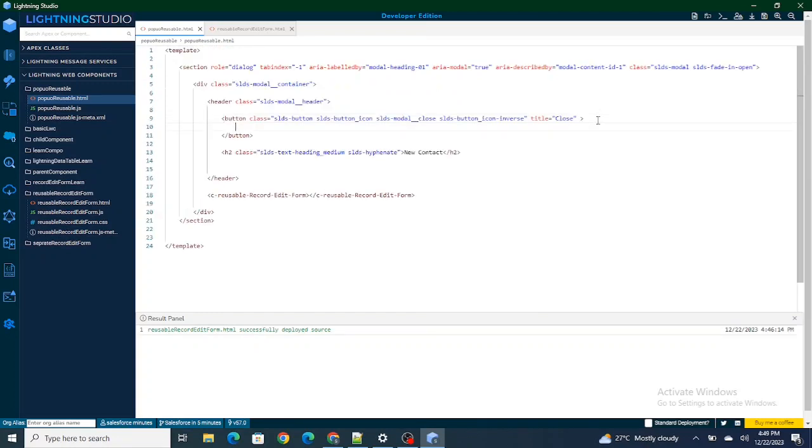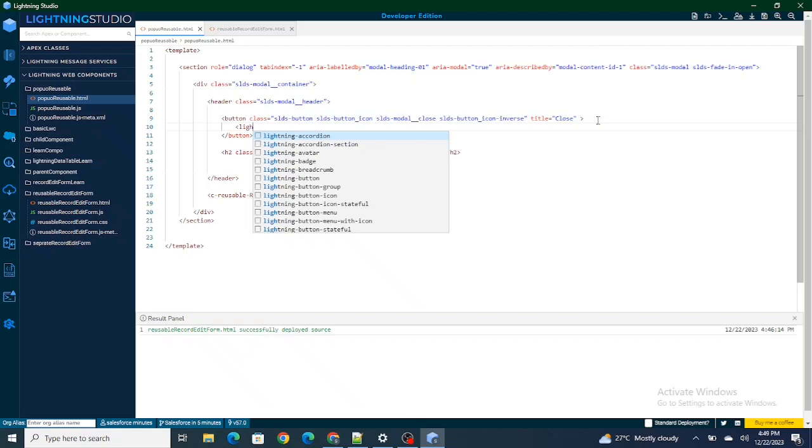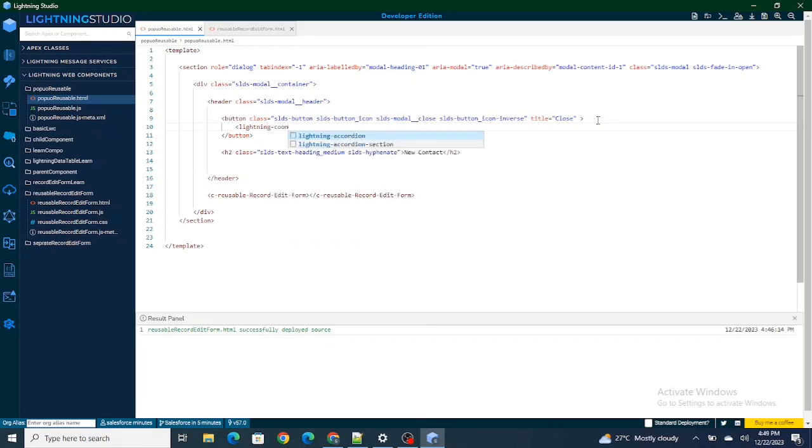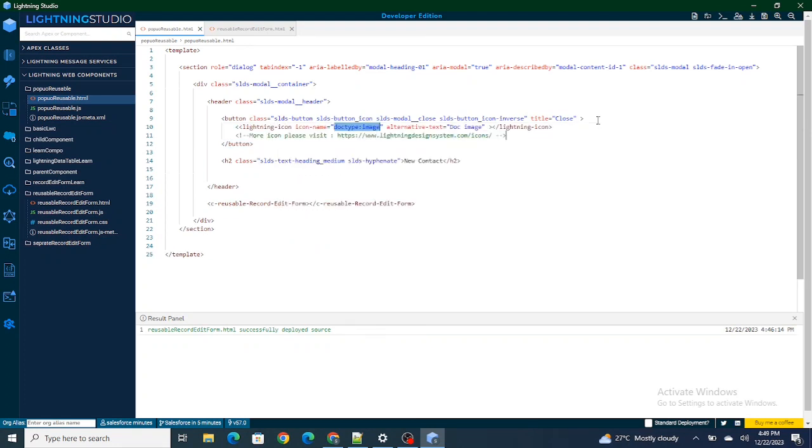So inside this button itself, I'm going to add the lightning icon. Okay, so our lightning icon is created over here. Let's add something to it. In our case it would be utility:close. Salesforce by default gives some icons, so you can add close, arrow, and also as per the need. And the alternative text, let's name it close the window,